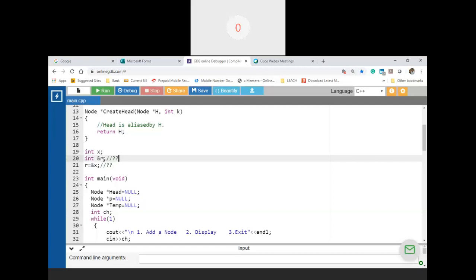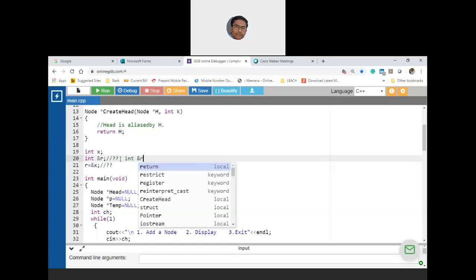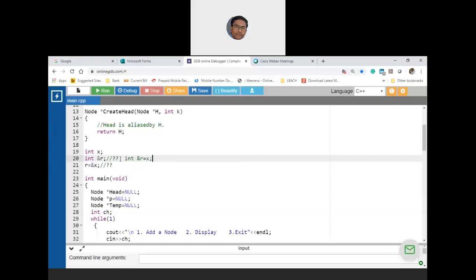R is a strict alias of X. That means the address of R and the address of X must point to the same address. That means you have to mandatorily declare int &R equal to X. Then only it is legal. This is okay. This is not okay. Yes or no? Yes, sir.